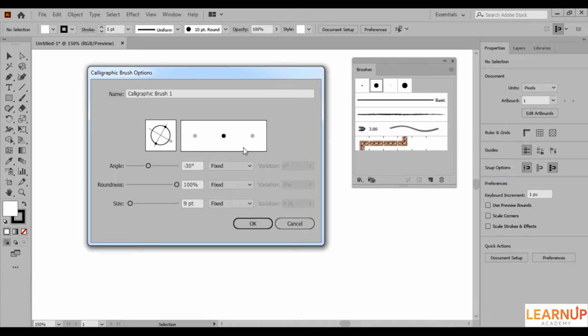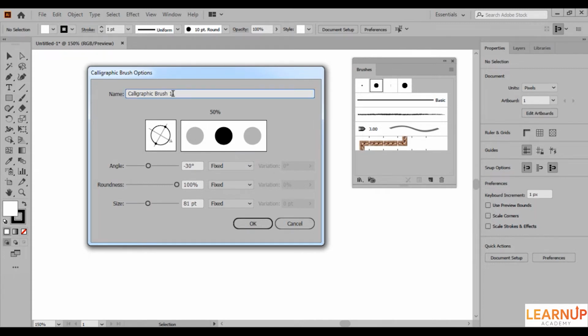This area displays the preview of the brush. Now one thing I would like to mention here, if I go beyond a certain value with the size, it starts displaying some new information over the preview area. It is actually showing the size of the brush at this zoom level. So if we go with this size value, this would be the size of our brush at 50% zoom level. The space here is not enough to show the actual size of the brush. So Illustrator uses this unique way to give users an idea about the size of the brush.